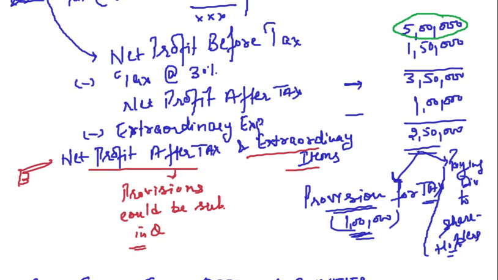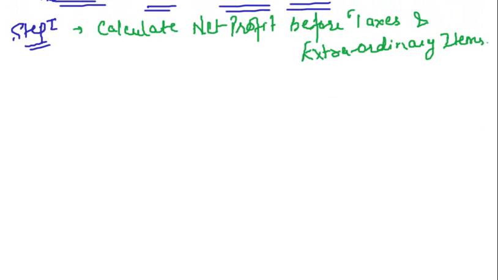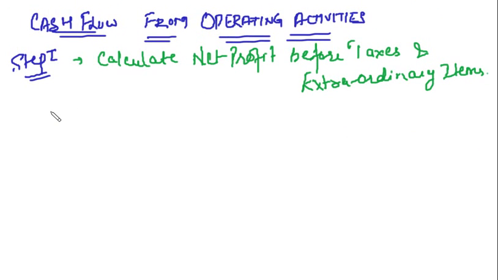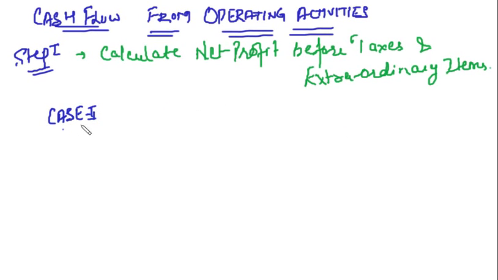Right? Now, what you will do is, there are 3 cases in that. In the calculation of net profit before taxes and extraordinary items, we have 3 cases. Case 1. We can be given net profit in 3 ways. What is our ultimate aim? Our ultimate aim is to reach net profit before taxes and extraordinary items. Right? So case 1 is we are given